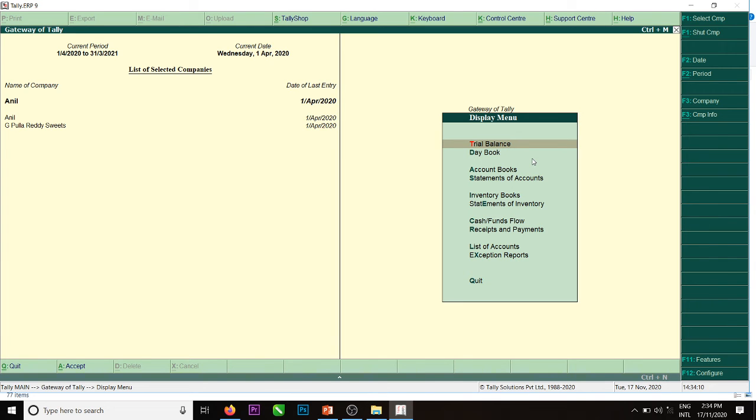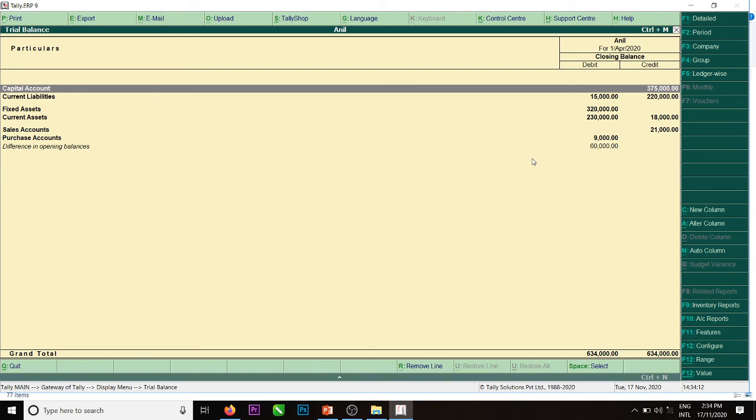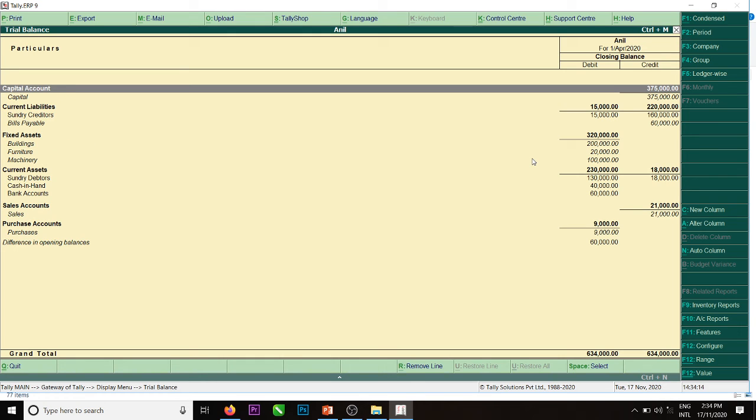Display, trial balance, Alt F1 for detailed. Okay, here what are the buttons which are available in this window? In every window we can see the buttons on the right side. Those are available.